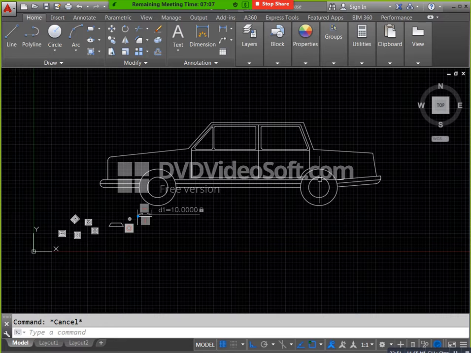First one, Design Center: DC, Enter. Next one, Tool Palettes: TP, Enter. Otherwise, Ctrl+3. Design Center shortcut is Ctrl+2. If you need Ctrl+2 you can use it, or if you need Ctrl+3 you can use that. Design Center is Ctrl+2, Tool Palettes is Ctrl+3. Why we use this means,